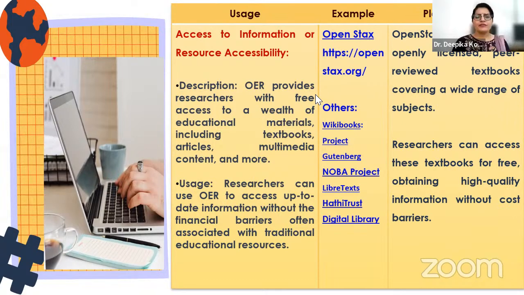Now, one of the most important examples is OpenStax. I think you must have gone through OpenStax. If you want, I can share it with you. OpenStax provides openly licensed, peer-reviewed textbooks covering a wide range of subjects. How is OpenStax helpful for you as a researcher? You can access these textbooks for free, obtaining high quality information without cost barriers. Now, if I click on it, this will